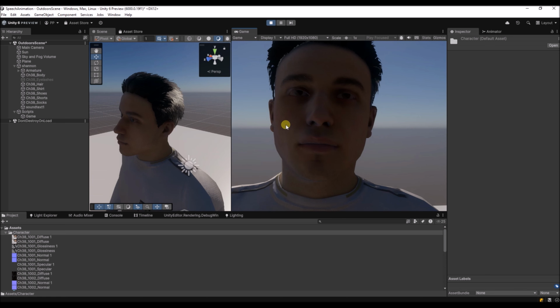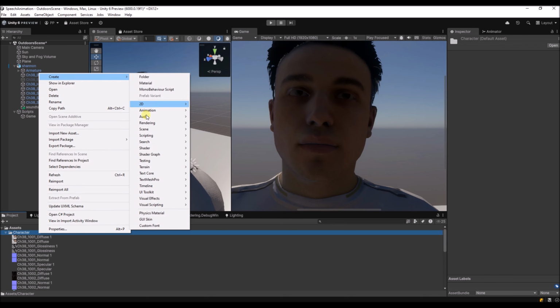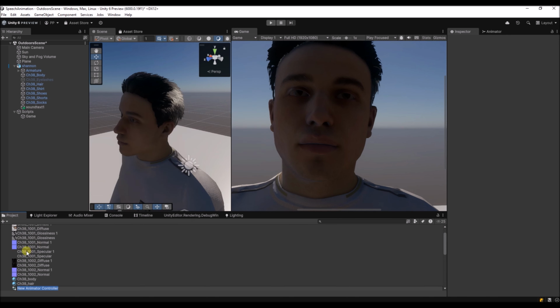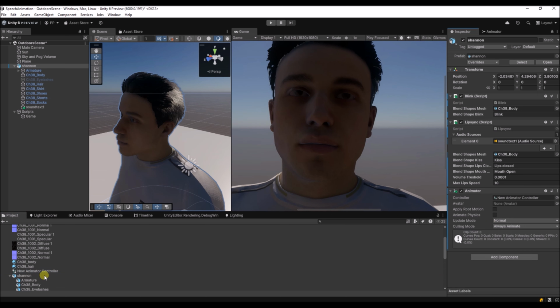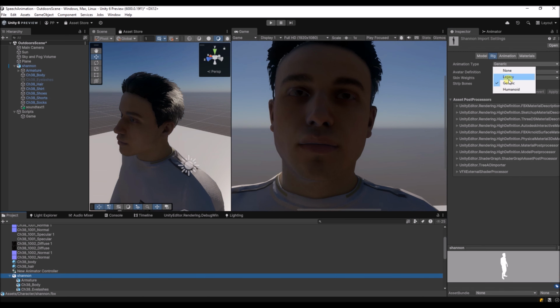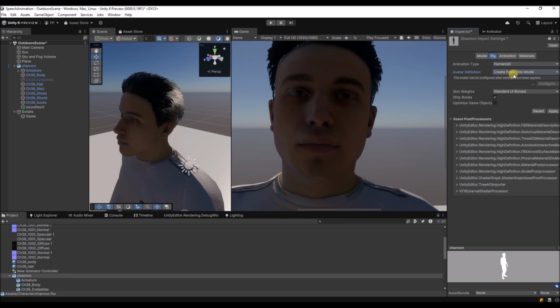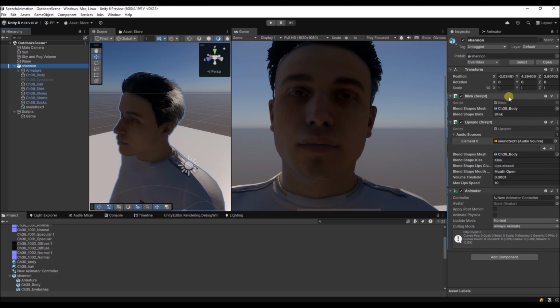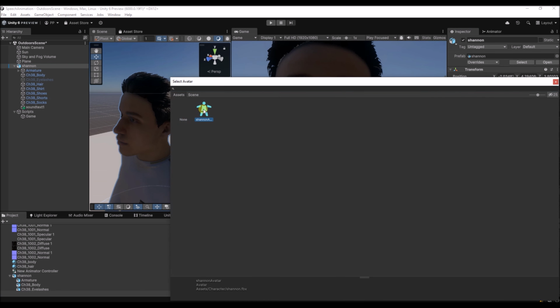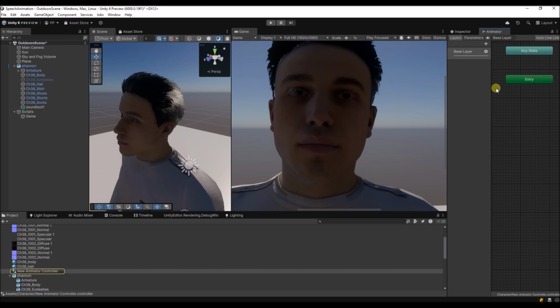Okay, we can see that the speech animation is already working well, but we will finally also add an animator controller to see that the animation works well with the blend shapes. So let's create an animator over here and add it to the character. Go to the model and make sure that's humanoid, and we will create an avatar. Now we can set the avatar in the animator, and we go to the animator controller